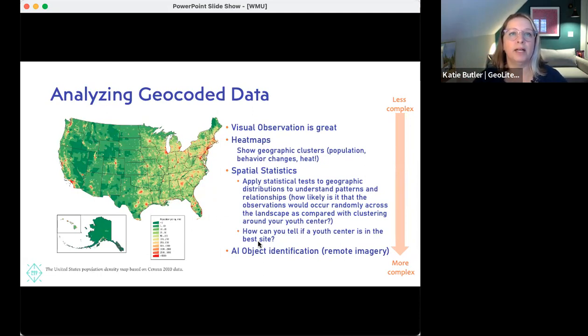Another thing spatial statistics are frequently used for, and this is a great example that people use in labs all the time, is where do you put your McDonald's? Or where do you put your 7-Eleven? The companies have been using these tools for years to identify the best locations for their businesses. In my case, I've said, how can you tell if a youth center is located in the best site? And there's a lot of information that feeds into that, right?